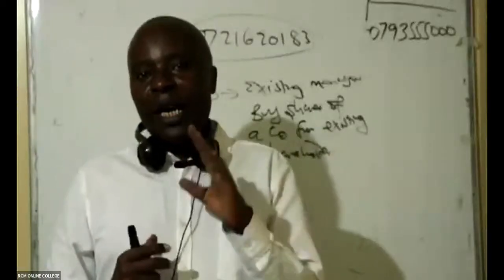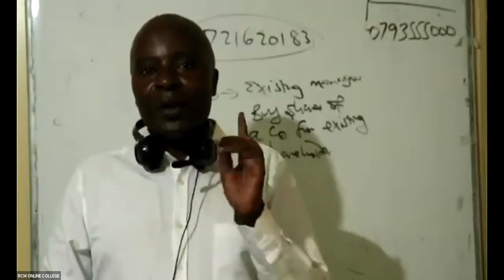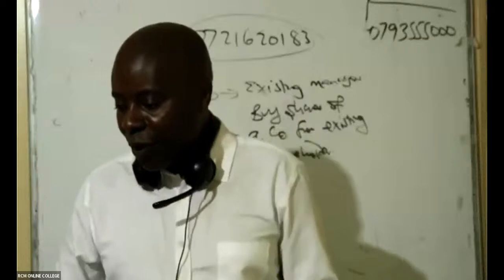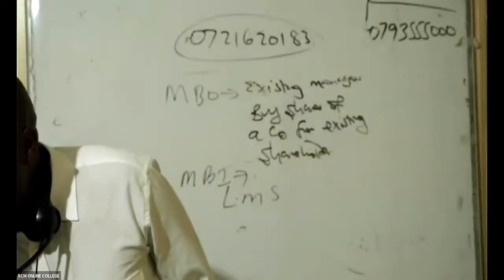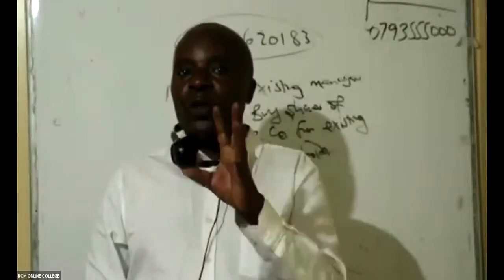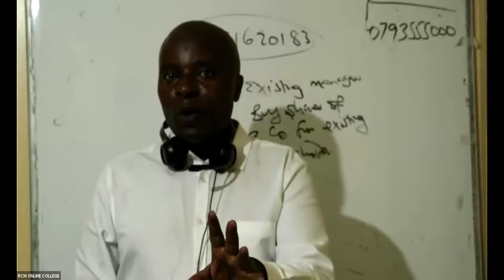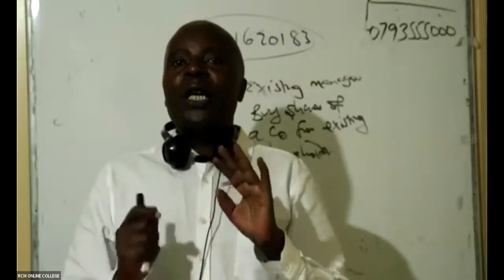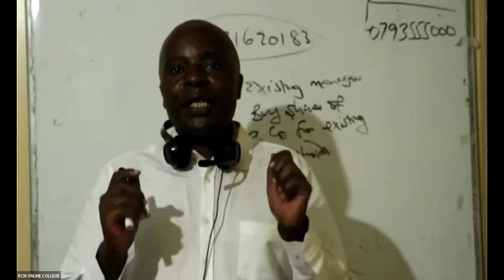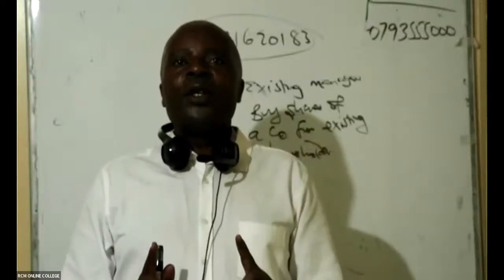Whenever we talk about IFRS, whenever we talk about this agriculture standard, which is 41, it will be very important for us to appreciate the fact that we are using this standard to do financial reporting for agricultural activities. We know that there are farms which are registered as companies limited. So if they're registered as companies limited, then they'll be able to use this particular standard to be able to